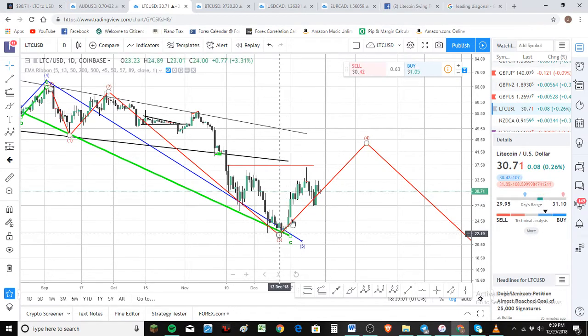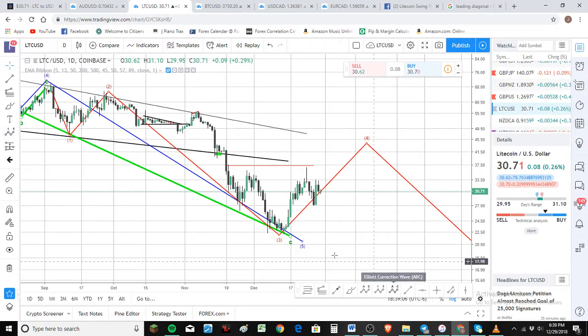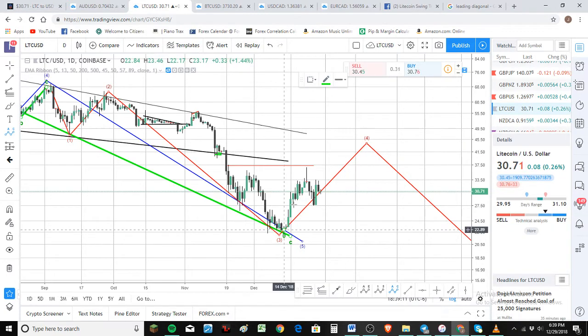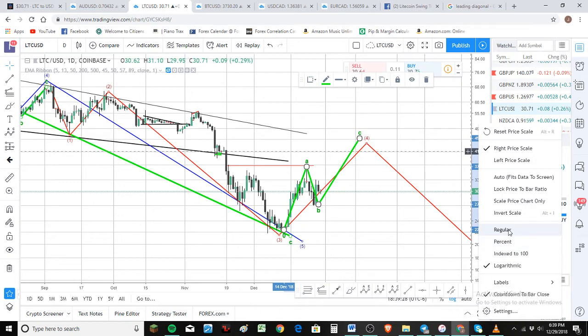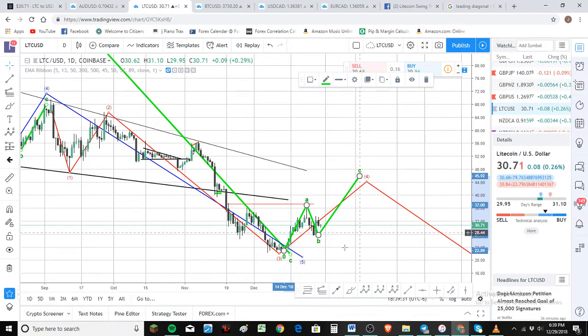So this B wave. Let me show you both scenarios here. If it's an ABC like I have here, the 4 wave is what it's going to look like. We could have an A, then the B, and that's it, and then we have a C, and that's a great zigzag. We could also have a deeper B that comes down here to the 23, 22, 20, 25. I don't know. Actually, this is about right. Let me get out of logarithmic scale and back in. There we go. That looks a lot better. That B certainly looks like it's in, and then this is a 1, 2.